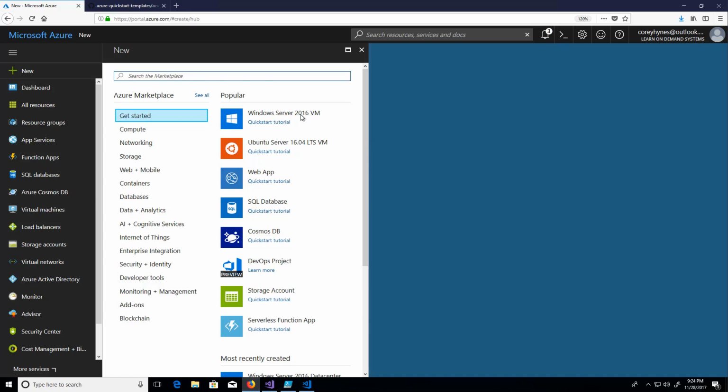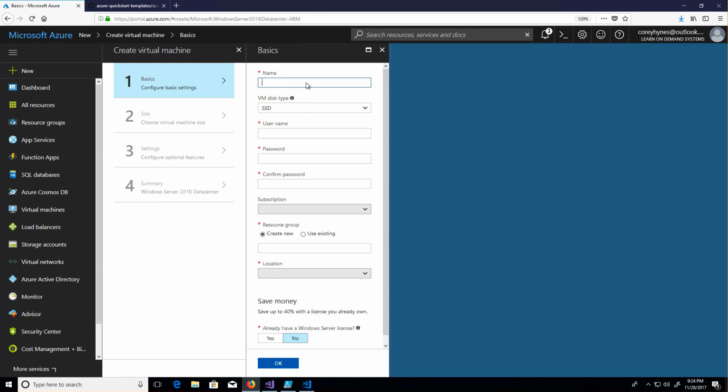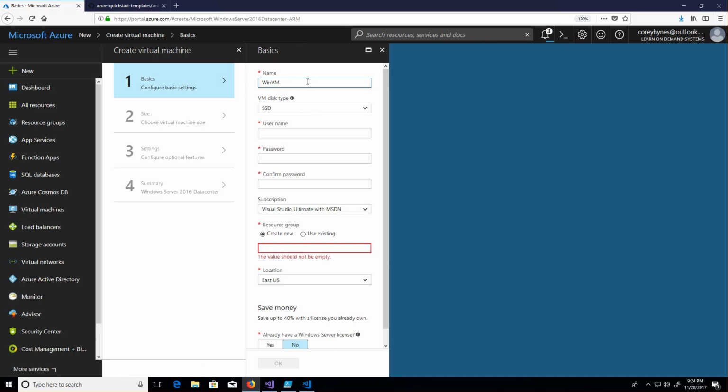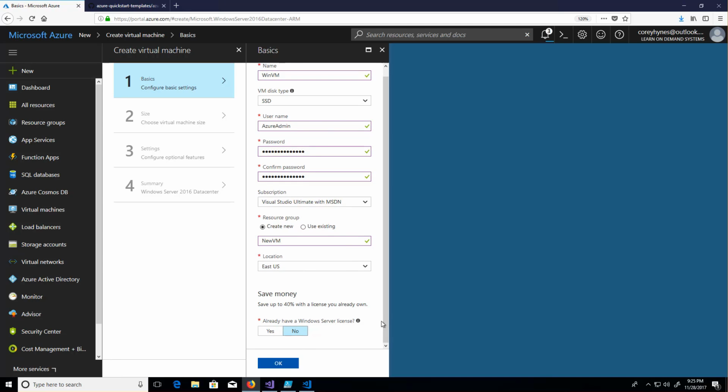Let's explore in a little more depth the process behind creating a virtual machine. To do this, we're just going to start with a simple Windows Azure VM. Call this WinVM. We've looked at things like SSDs, HDDs, and what the difference between the storage options are. We're going to choose an SSD in this case, our username and password. They've blocked the default administrator as the password. Just a resource group to hold it. And then we'll get into some of the other choices you can make.